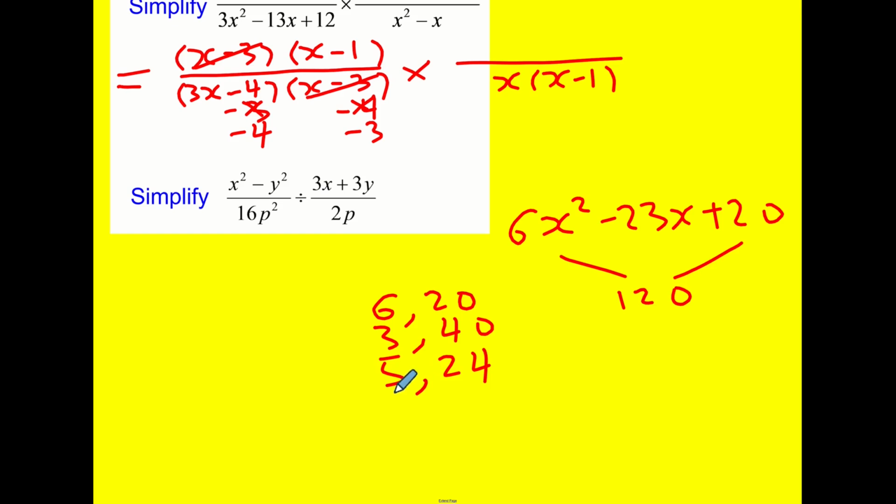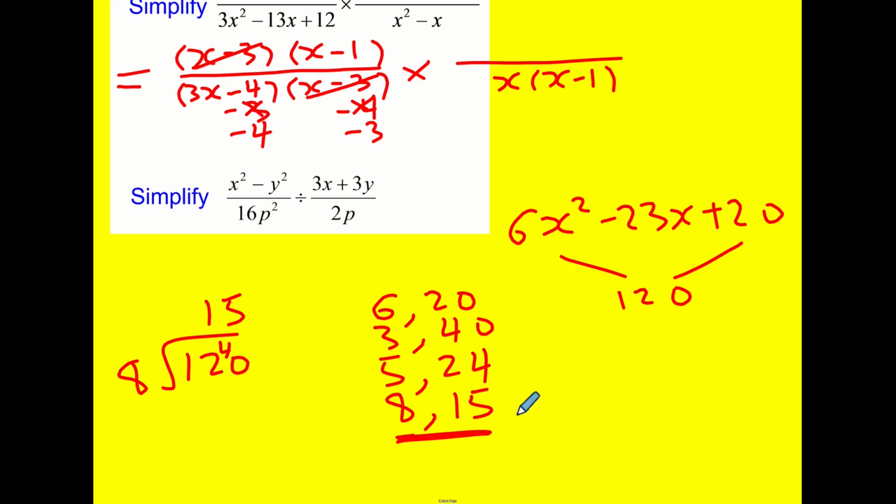Does 8 go into it? I think 8 goes into it, but that's going to give me another positive. 8 goes into 120. How many times? Oof. Okay, I'm doing this without a calculator, so bear with me. 8's into 12 go once. I mean, okay, 15. Why did I think that was going to be an even number? I found it. We've got 8 and 15, but it's going to be minus 8 and minus 15 to add